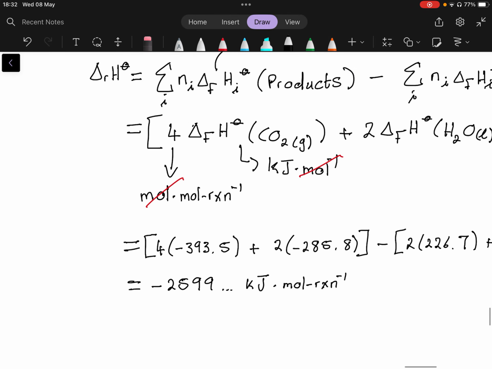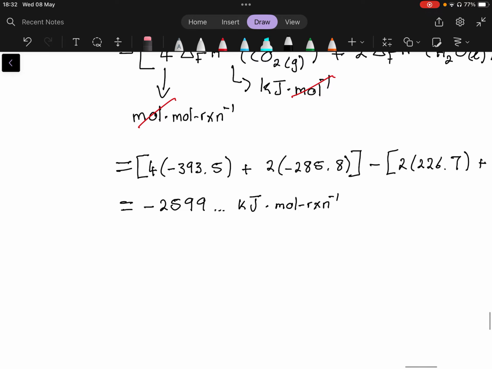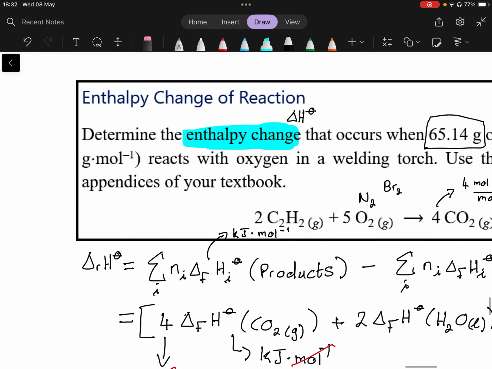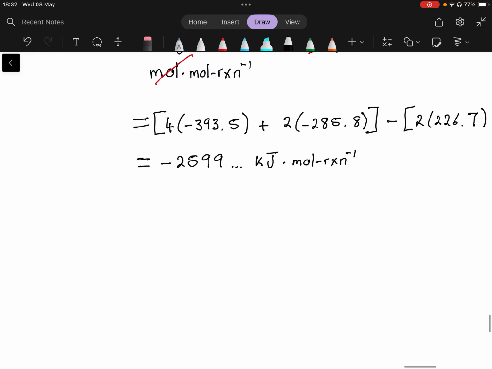Okay, but what is that? It's the standard reaction enthalpy. So that's not yet the heat, if you want to put it like that. We need to calculate the formal heat for the amount that we're actually burning. So to get to that point, we first need to calculate the number of moles of the ethylene,